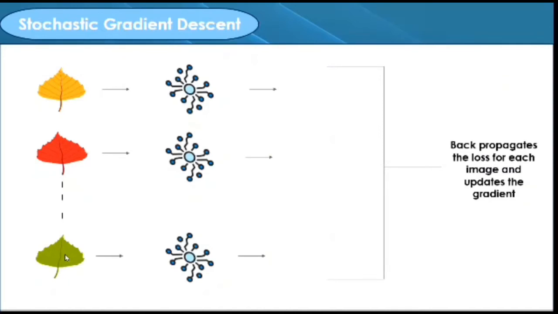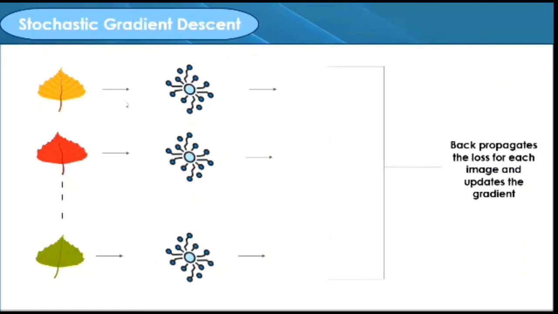When it comes to the advantages of stochastic gradient descent, it is easier to fit into memory due to a single training sample being processed by the network. It is also computationally fast as only one sample is processed at a time. And for larger data sets, it can converge faster as it causes updates to the parameters more frequently. Due to the frequent updates, the steps taken towards a minimum of the loss function have oscillations, which can help in getting out of local minimums of the loss function.